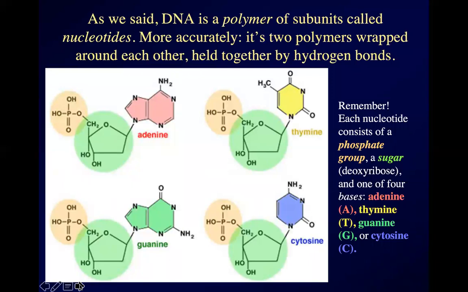Okay, DNA is a polymer, or more accurately, two polymers of nucleotides wrapped around each other, with the two polymers held together by hydrogen bonds between the bases. And each nucleotide consists of subparts: a phosphate group, which is an atom of phosphorus with some oxygen stuck onto it. That's the phosphate. A simple sugar, that's a ring of carbons, hydrogens, and oxygens. And in this case,